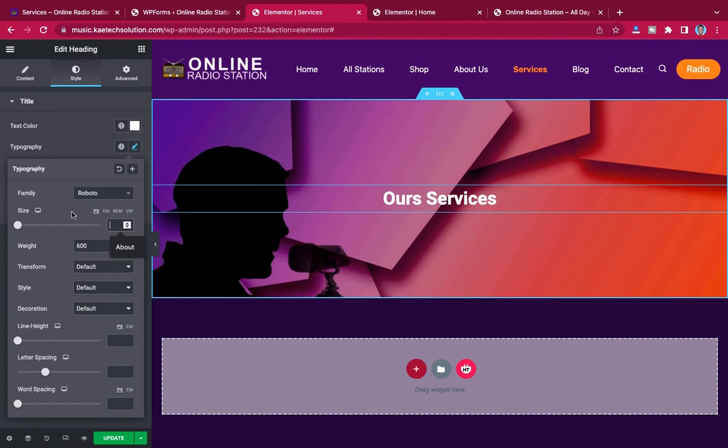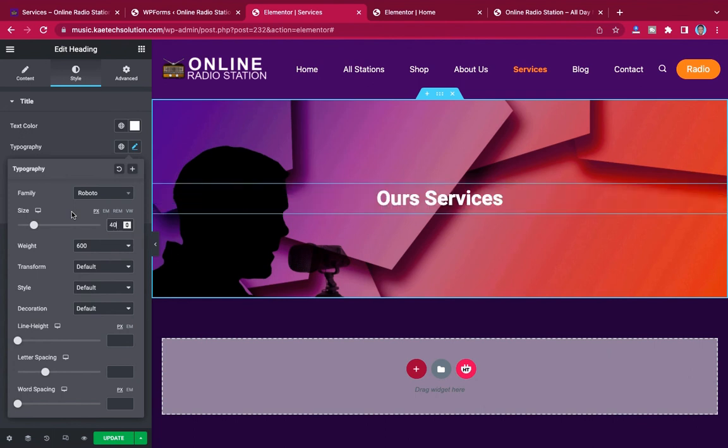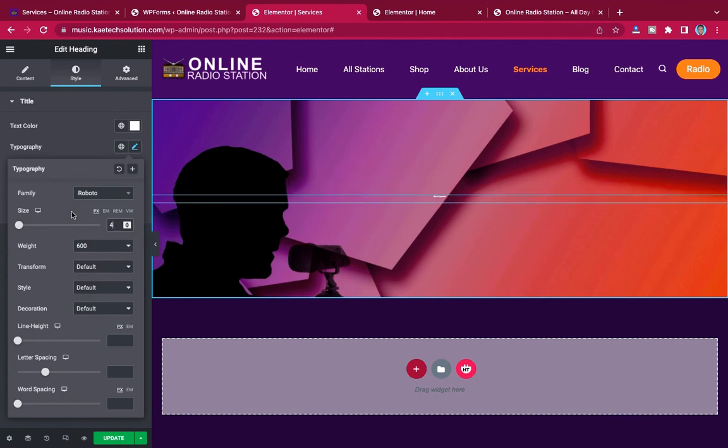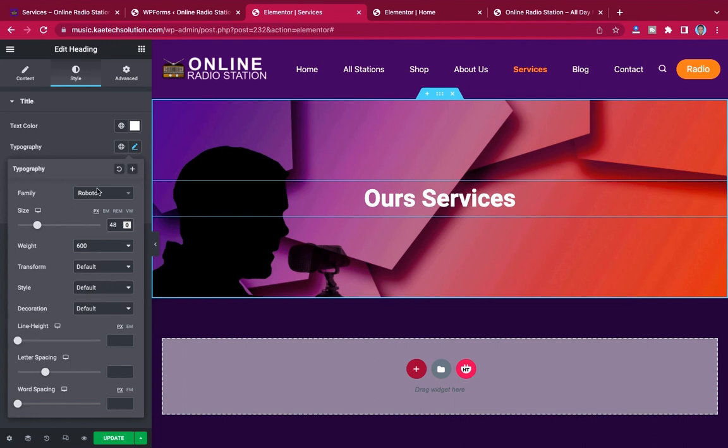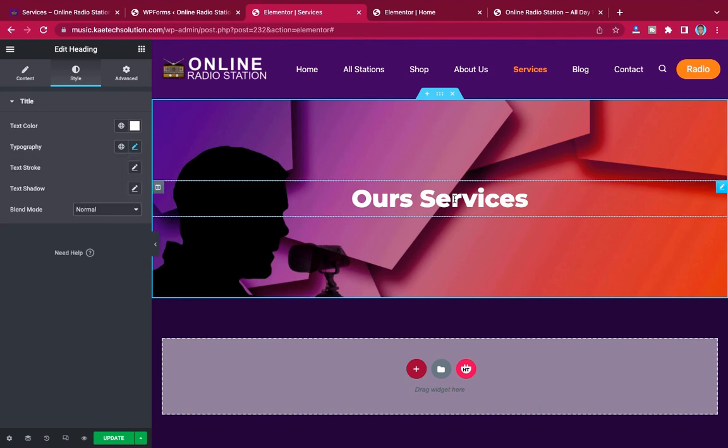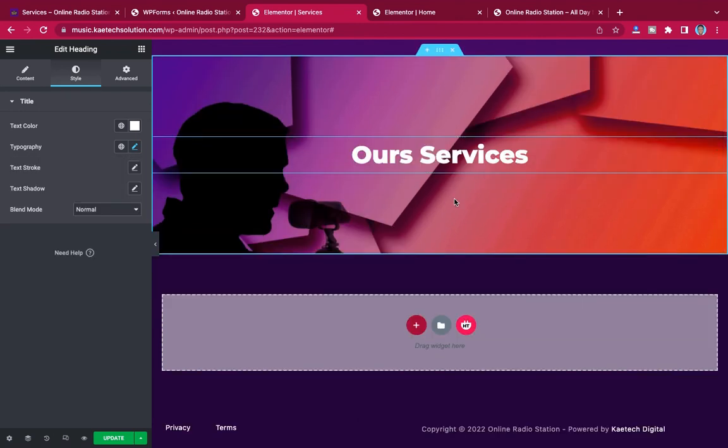Let's increase the size a little bit, let's say 40 or 45, 40, 48. Then change the font to Montserrat. I want to change it to Montserrat, and then change the weight to 800. Yeah, very good. So now that we have our services set on top, the hero section set, now let's go to